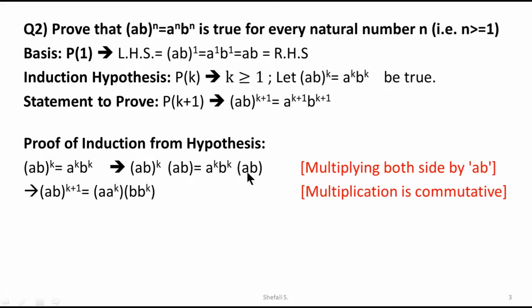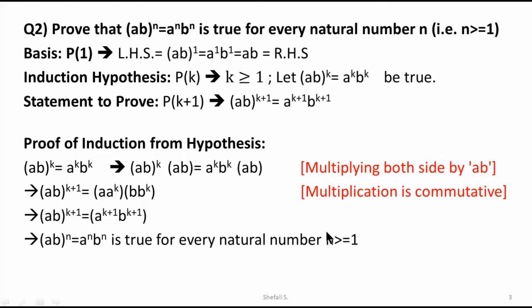So I just try to rearrange the A's and the B's. I can say that A raised to K plus 1 multiplied by B raised to K plus 1, and that is the required equation, which is the ultimate requirement we are expecting for the K plus 1 statement. So that is ultimately proving the requirement, and hence we can make a general statement that AB raised to n should be equal to the independent power of A to the n and B to the n. So this is true for the natural numbers.